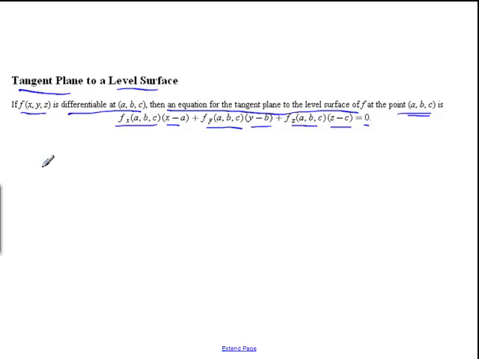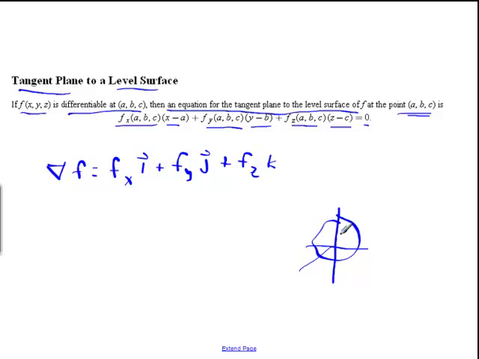planes. The idea is if we have a gradient vector, which is partial x i plus partial y j plus partial z k. Okay, so let's draw. Let's say we have some surface here, and that's a level surface, and at some point, here's our gradient of f coming out, and let's say that this is the point A, B, C right here,